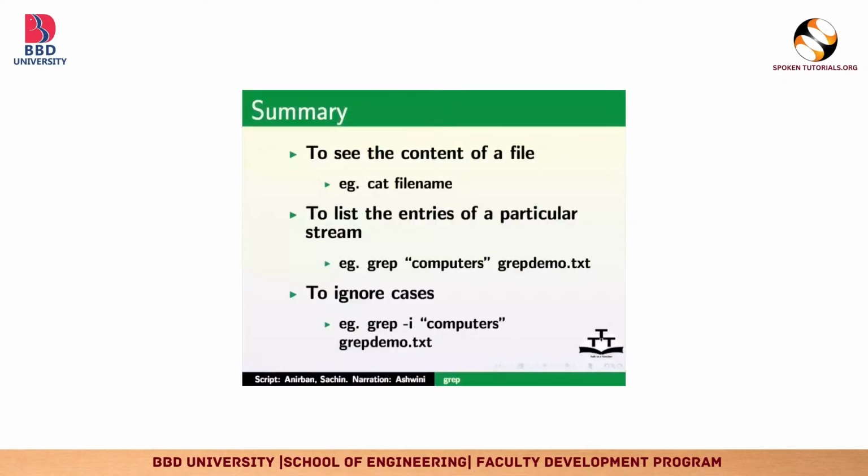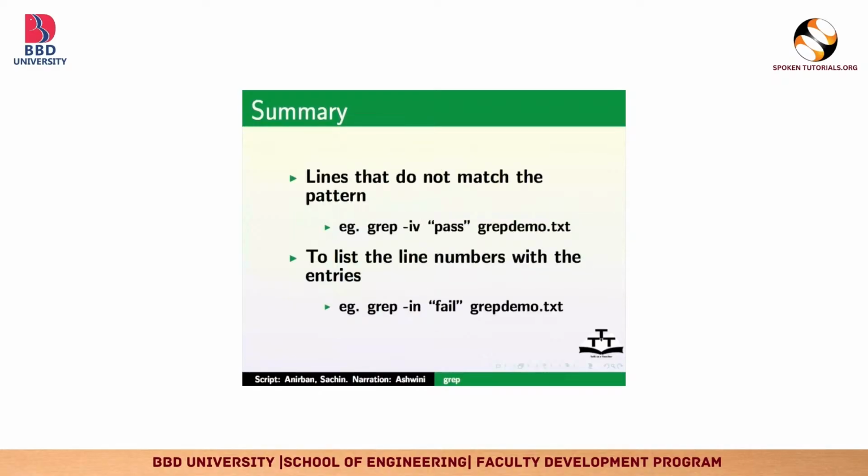Let us summarize. In this tutorial we learned to see the content of a file, example cat file name, to list the entries of a particular stream, example grep computers, grepdemo.txt, to ignore cases, example grep -i computers, grepdemo.txt, lines that do not match the pattern, example grep -iv pass grepdemo.txt,